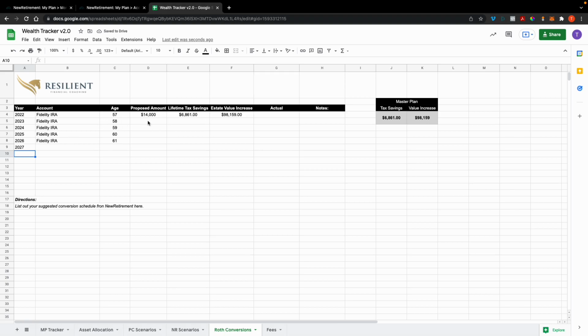What you'll do is, as you add the amount that you're thinking about, or the proposed amount, and then add the lifetime tax savings, add the lifetime or estate value increase, this will update.